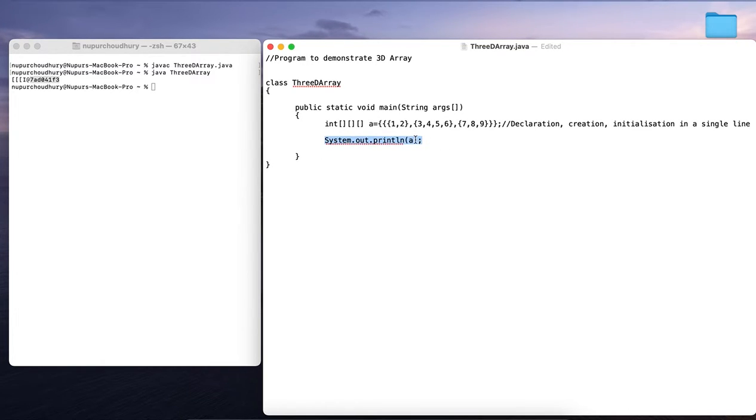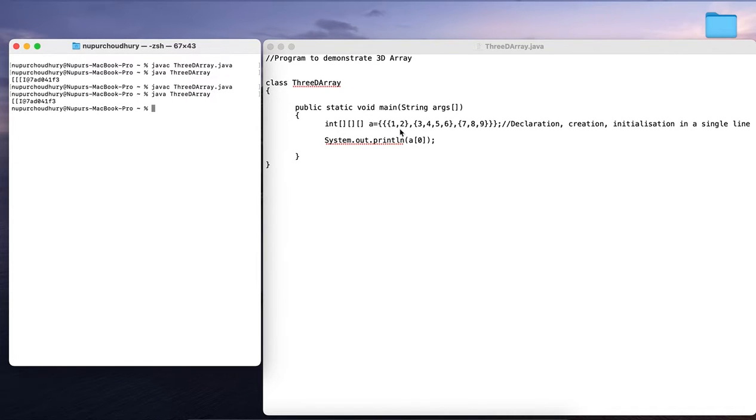Now suppose we try to print A of 0. Let us see what A of 0 gives us. Let me compile this and run it. A of 0 is basically pointing to the first multidimensional array which is present at the 0th index.